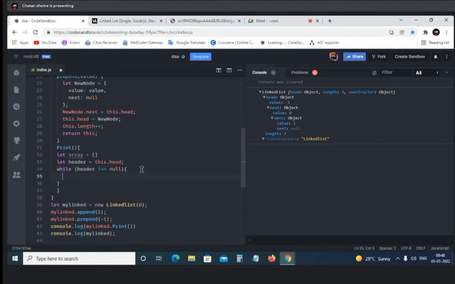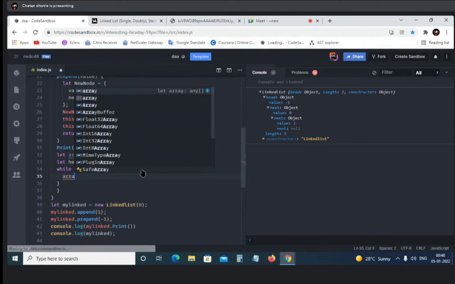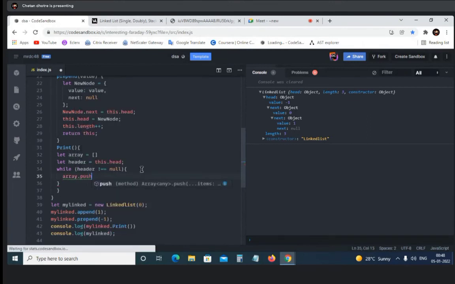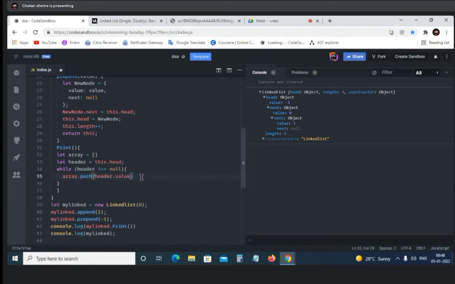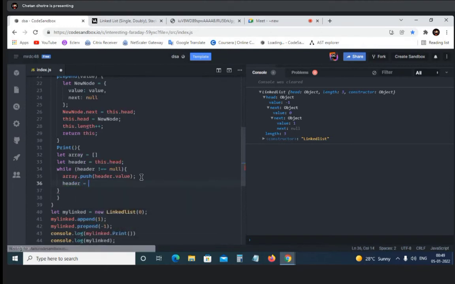So what we will do, we will push the elements inside the array, header dot value. We have already assigned this dot header, so we can say header equals header dot next. Let me just do this one. We have already used the let, so we don't need to do that again. Now we just need to return the array.